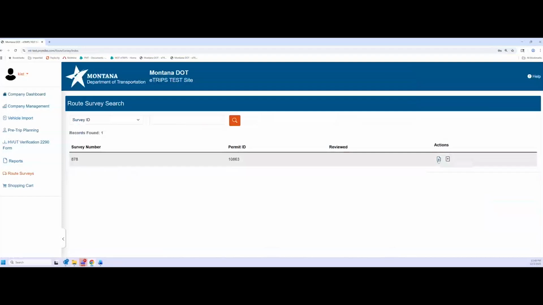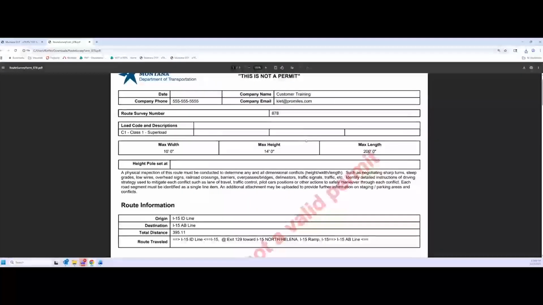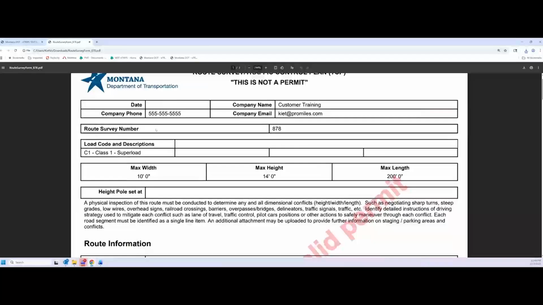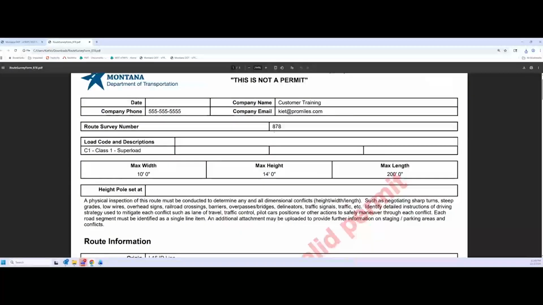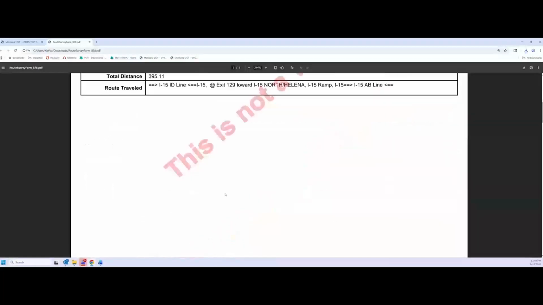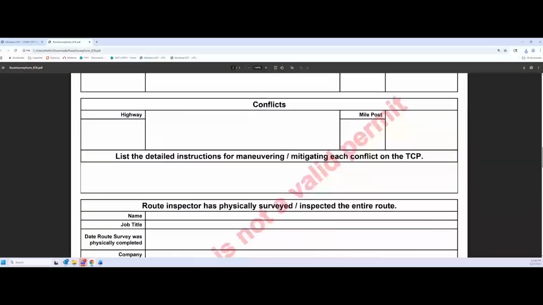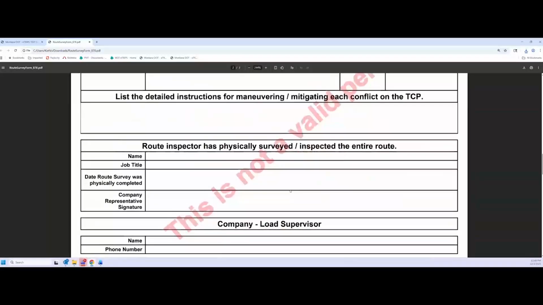From here, I can download the route survey. This is the route survey form. You can print this out. You can fill it out. It already includes some details for the company name, the route survey number, the load codes that are associated to the permit, and the dimensions that were entered. It gives you the route too, but there is information here that you must complete, whether it's the staging and parking areas and conflicts and things like that. So you would complete this